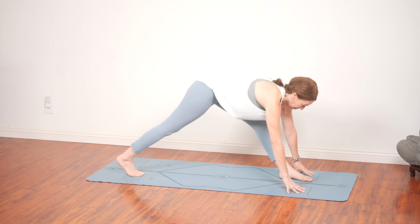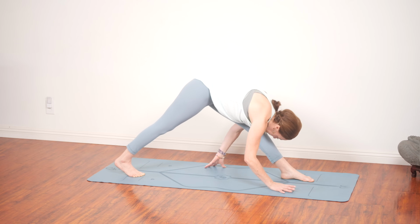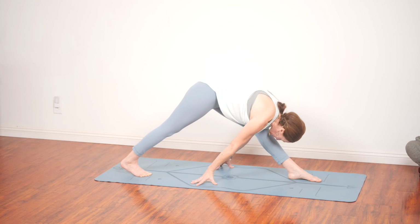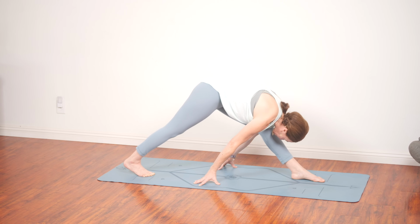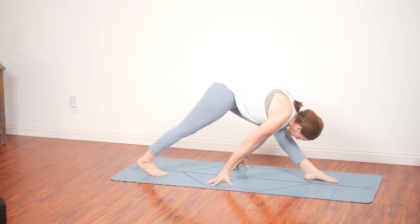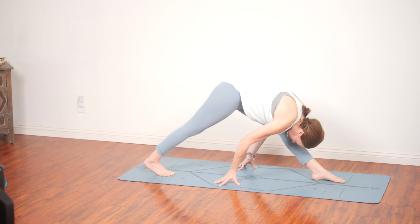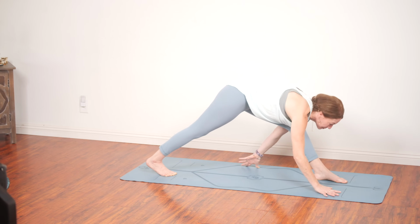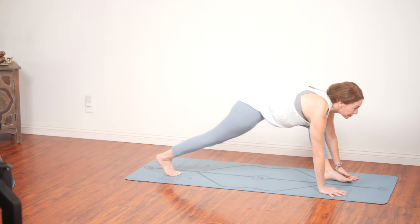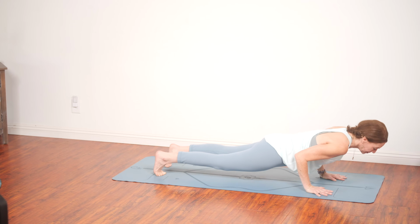Walk yourself up, hands on either side of that left foot, and begin to straighten the front leg with a forward fold, or maybe the forward fold's too deep, so you can just keep looking with a nice flat back. Hands can be on the earth or on your blocks or on your leg. Modify for you today. And then we'll bend that knee again, step to plank, and lower through Chaturanga with knees